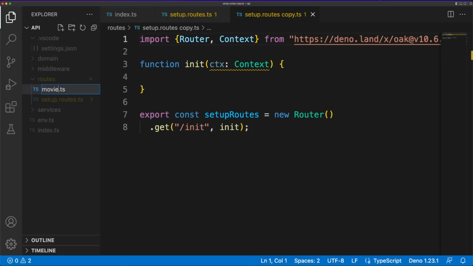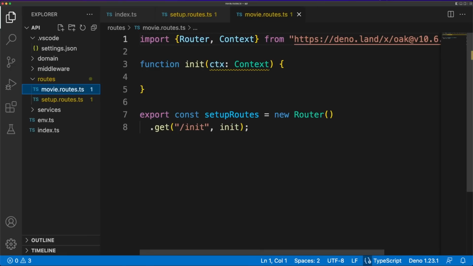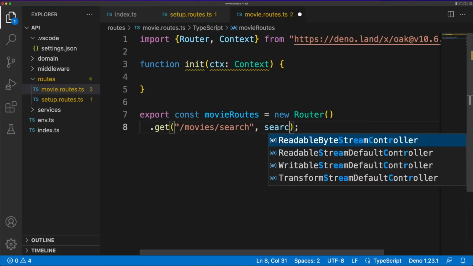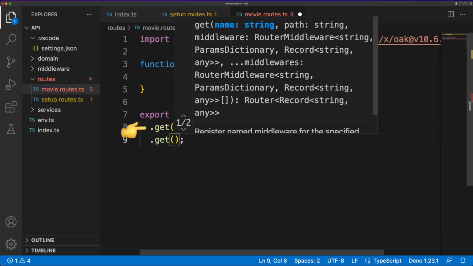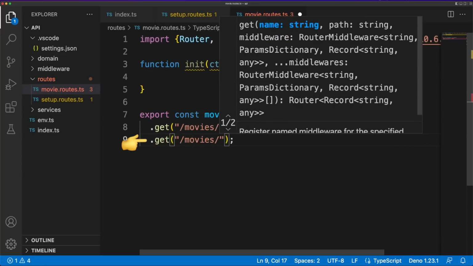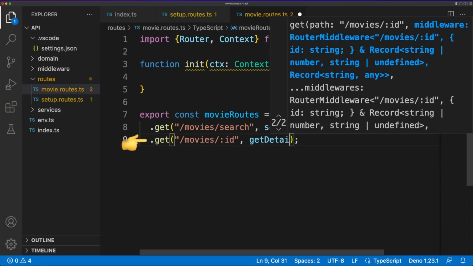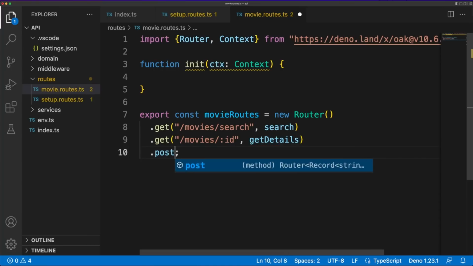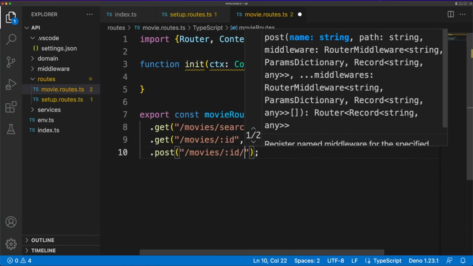We'll discuss this in more detail in a second. Let's first define the API endpoints to work with the movies entity. Here we'll be able to search for movies, get details about them, and add or remove them from our favorites list. So we'll define a get method for the /movies/search path, and a get method for movies/id to get the details. Notice here that the ID is defined as a path variable, so we'll be able to extract it in